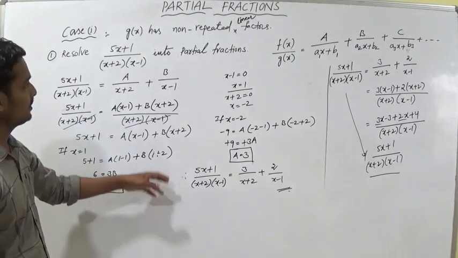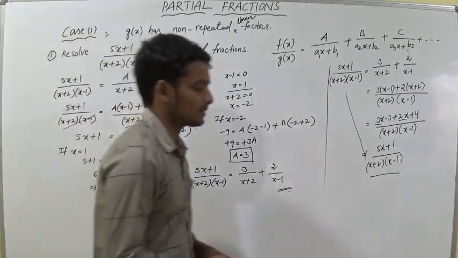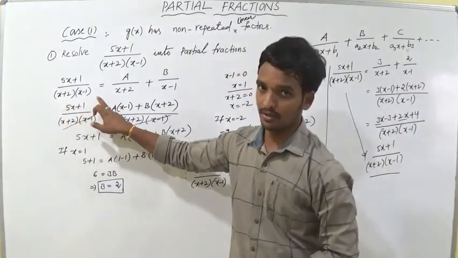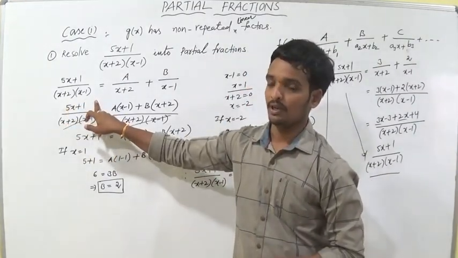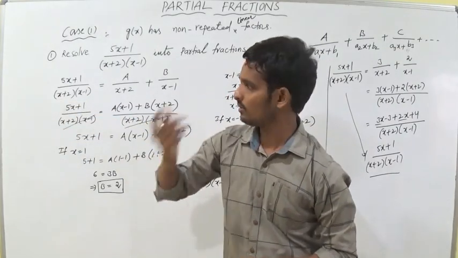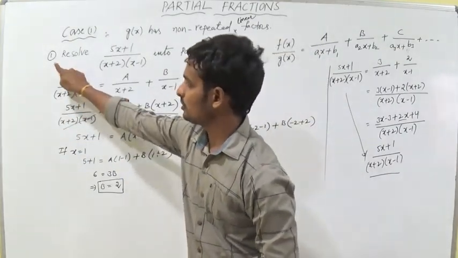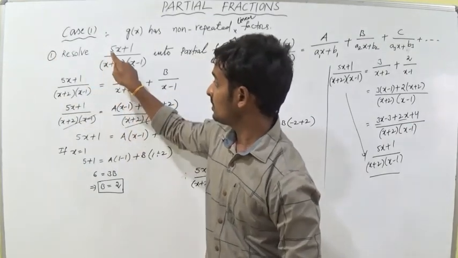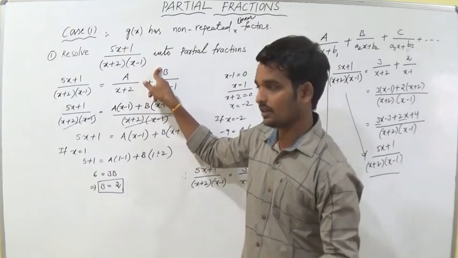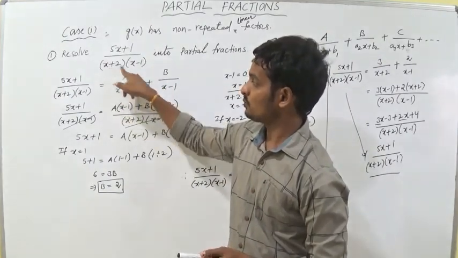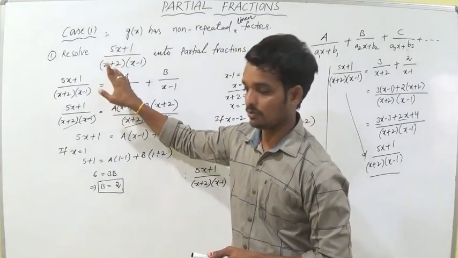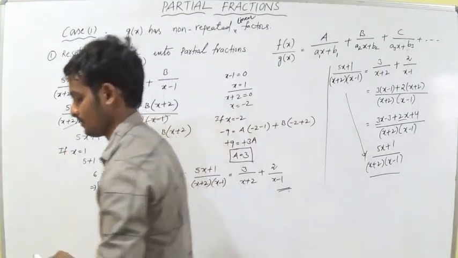I will explain another problem. For example, if the denominator has 3 factors, I will explain that. I will give homework for the same method. This is the first problem, and I will explain the second problem also. If the denominator has 3 factors, how can we solve it? I will explain this. Then I will give problems for 2 factors and 3 factors. Are you okay? Note the problem clearly. Thank you.